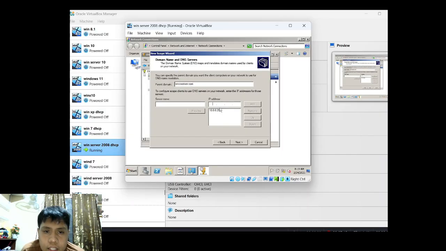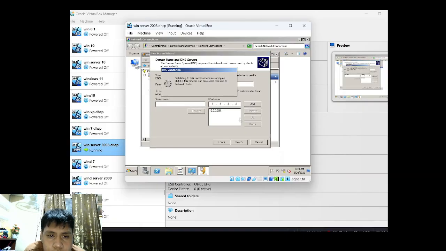After it added, you will do 8.8.8.8, then add again, then wait.